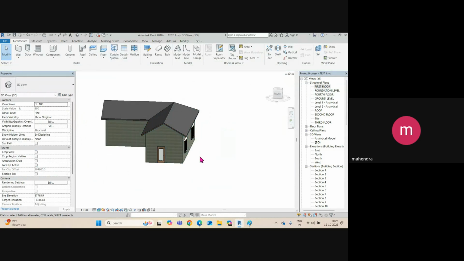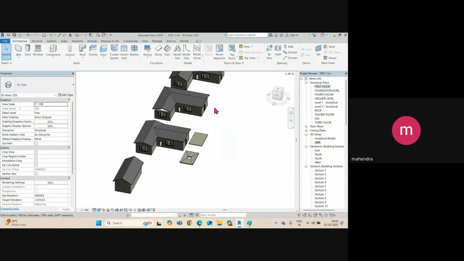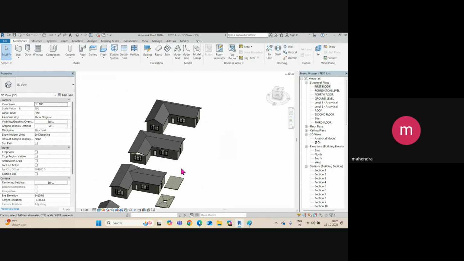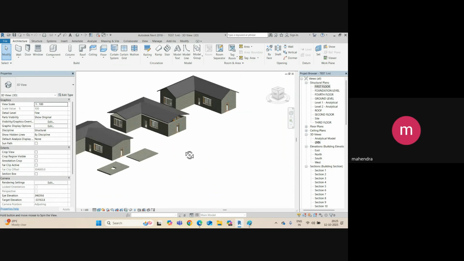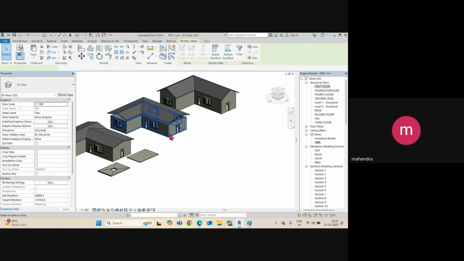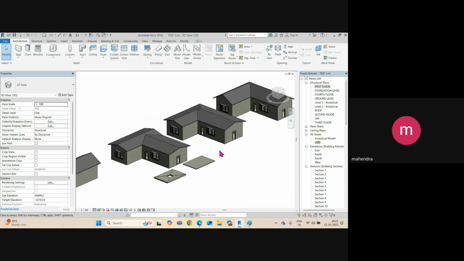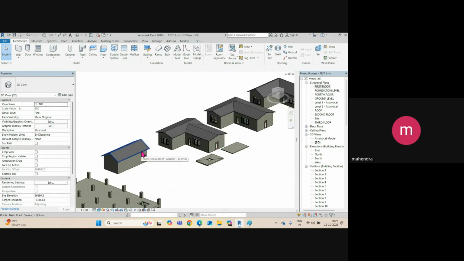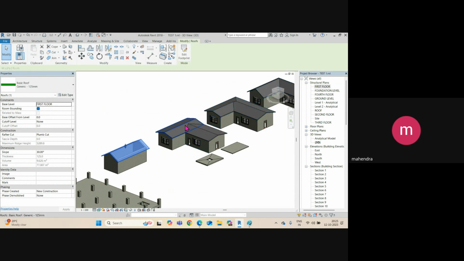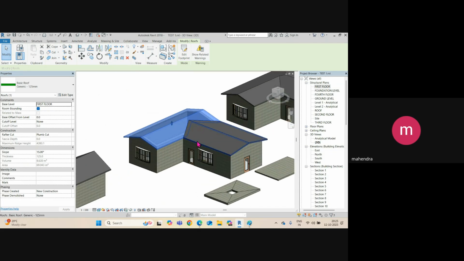So you can see, right? So you have added this roof. Okay. Then I will just attach this roof. So you can see I have added three different types of roofs, 1, 2, and 3. If you want to connect or disconnect, you can add them separately and connect them by using this command, join or unjoin roof,